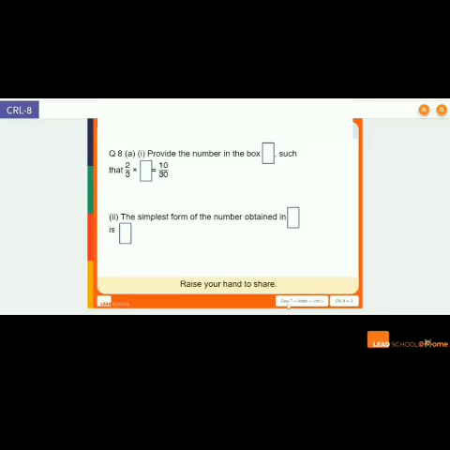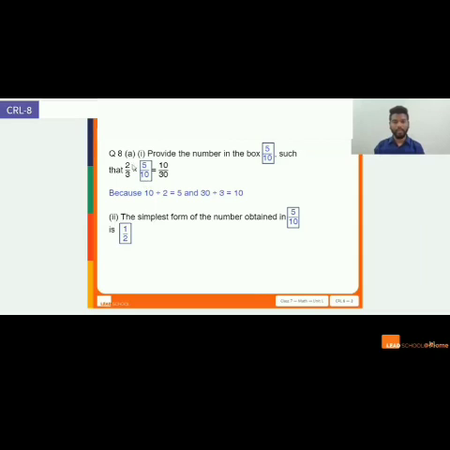Last 15 seconds. Whatever answer you find here, you fill it here and then you will find the simplest form of it. This is just an equivalent fraction, if you really see. And time. Let us quickly check the answers for this question. When I multiply 2/3 into 5/10, I get 10/30. Now, I can divide both numerator and denominator by 5, which will result in half.